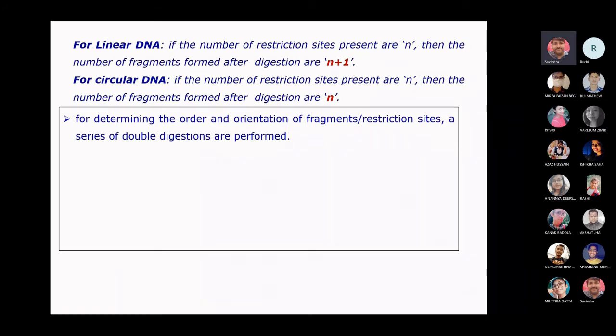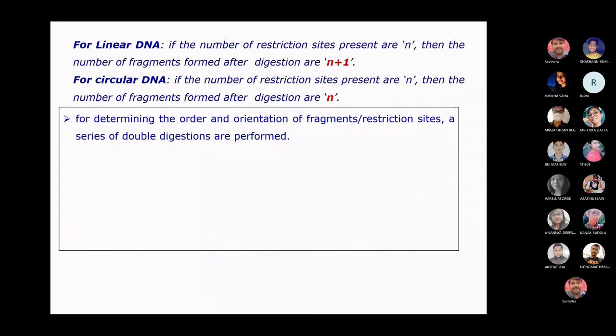Kanak Bodola, are you there? Yes, sir. Okay. Now please let me know. Just take an example of circular DNA. Cutting that circular DNA from one side, or you are not cutting it from any side. How many fragments will you get in gel electrophoresis? Okay. So if you have only one band in a plasmid DNA, then you will not be able to find out whether you have any site or not.